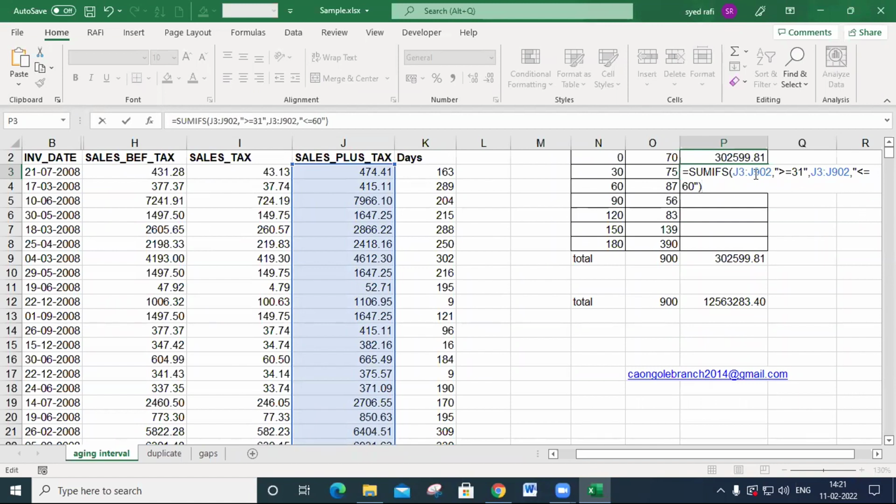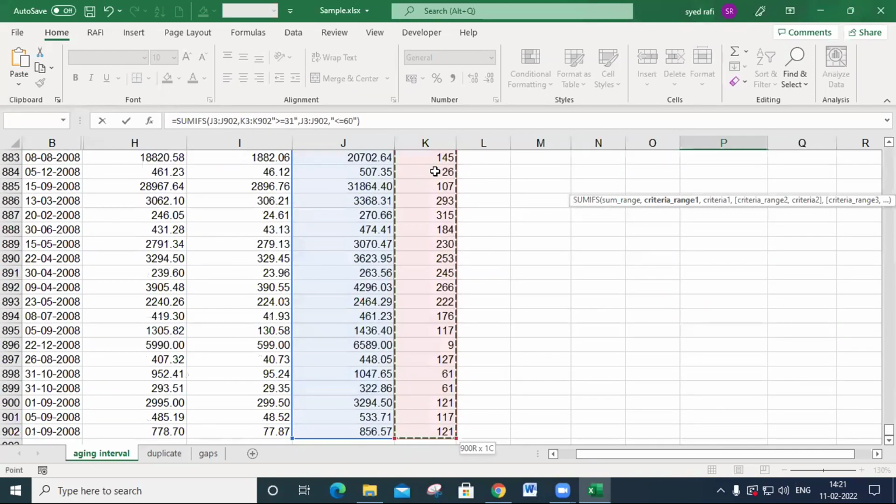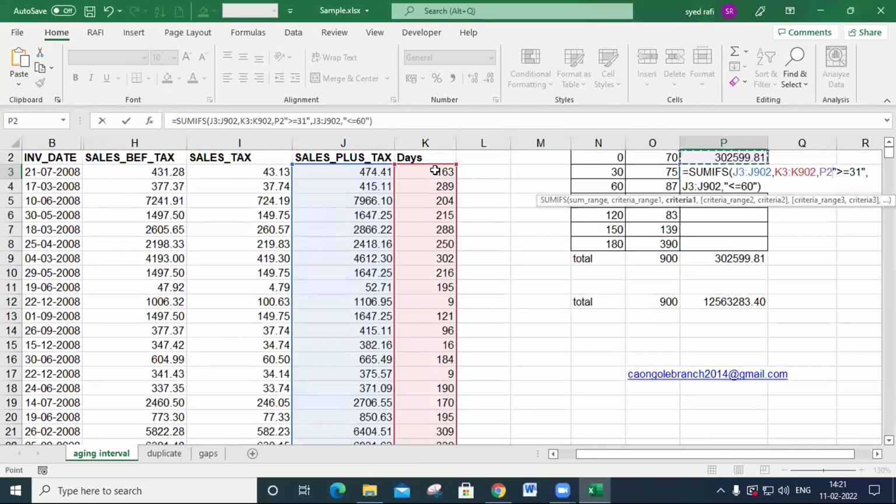Okay, and one more thing here, this is the sum range. I want to calculate the value, but this is the criteria range. I can't define this one, so comma.